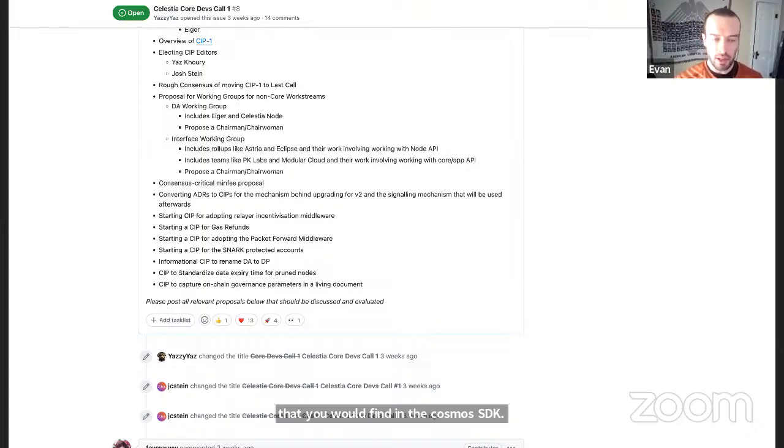Instead of having governance approve some binary and then you restart all at one height, we actually have a new binary that is backwards compatible with V1 and V2, and then you run that. Once enough validators have signaled that they have upgraded to V2, the upgrade process happens all in one single binary, so you don't even have to restart at that point.